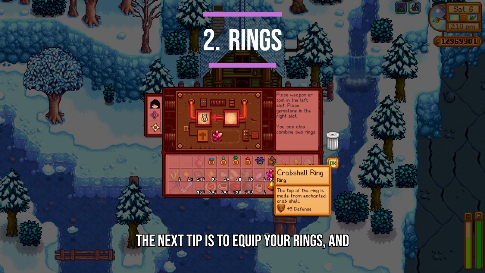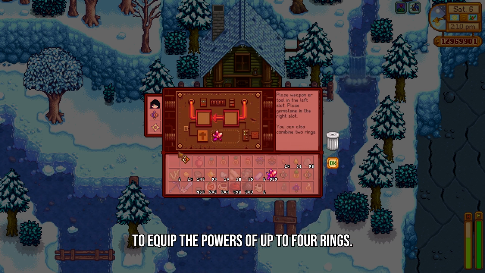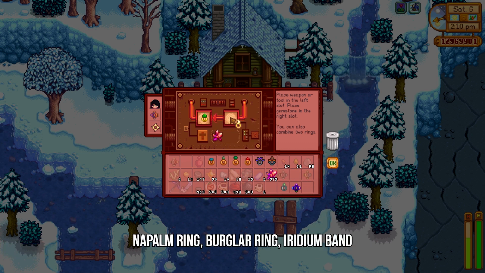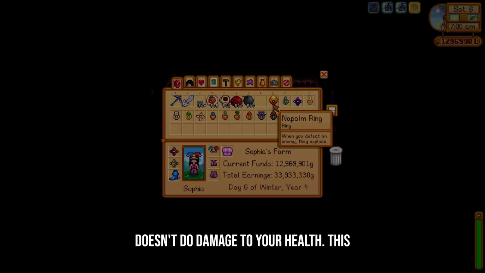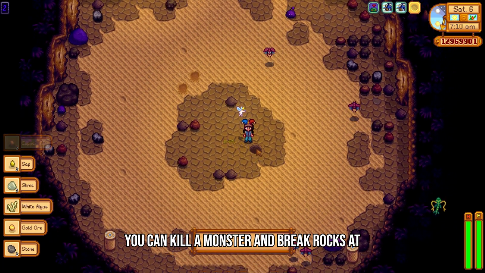The next tip is to equip your rings, and you can combine your rings at the forge to equip the powers of up to 4 rings. My favorite ring combination is the Napalm Ring, Burglar Ring, Iridium Band, and Lucky Ring. The Napalm Ring will cause monsters to explode when killed, like a small bomb that destroys rocks but doesn't do damage to your health. This makes finding staircases even faster, as you can kill a monster and break rocks at